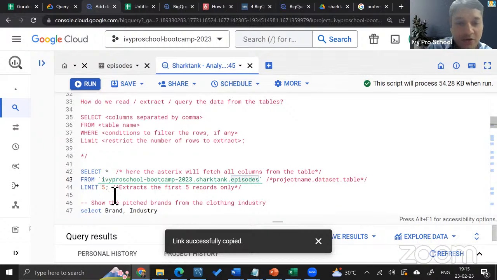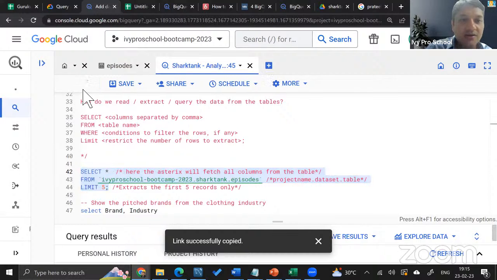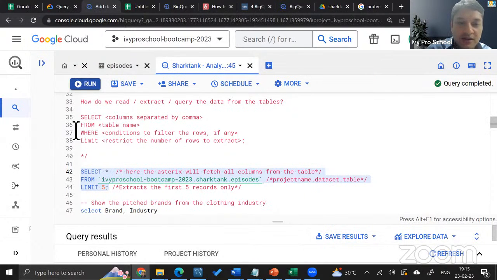And you want to limit to 5 records. And how do you run it? There is a semicolon at the end, right? If I select this entire thing from select star, from, and this, don't worry about these red comments, which are under a pair of slash asterisk and asterisk slash, because they are considered comments. So now if I select it and click on run here, it is going to run this. And when it runs it,